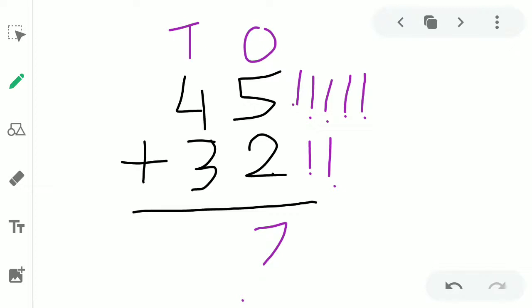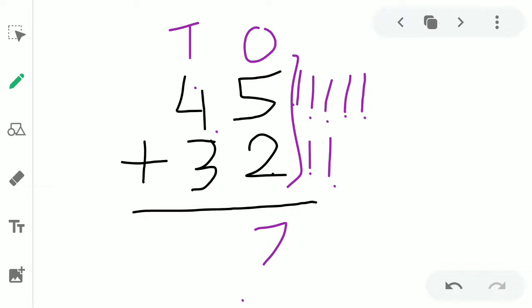Now after doing the addition of numbers which are given at the place of ones, we are going to add these numbers which are given at the place of tens. So here we have 4 and 3 at the place of tens. This addition we have done, which is given at the right side, which are given at the ones place. Now we are going to start with the numbers which are given at the place of tens.